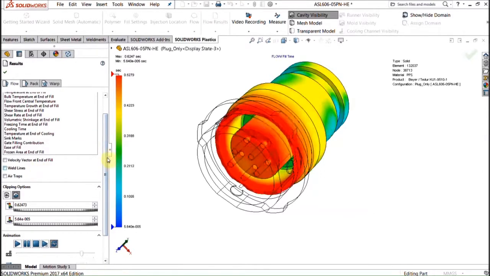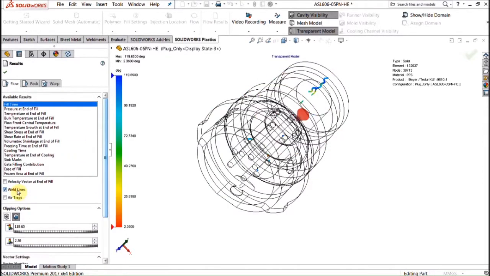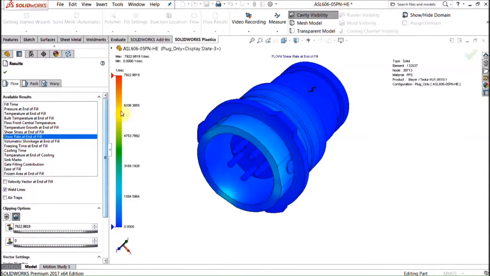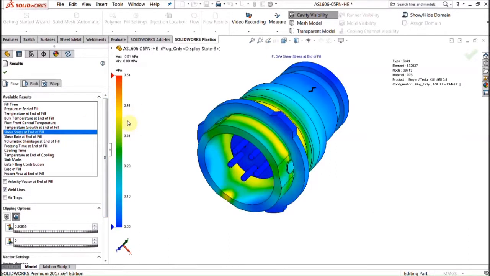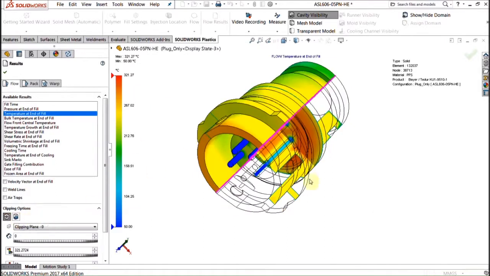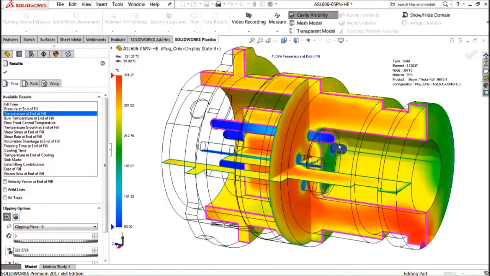And we can look at everything from weld lines to the pressure or even shear stress in the material and many other properties to evaluate the quality of the part after it comes out and whether or not it's going to have any defects. In terms of insert overmolding, normally the most interesting property to look at would be the temperatures. And so we can look at the temperature at the end of that fill stage, which again is about half a second. We can even look at a cross section here, and we can already see that the